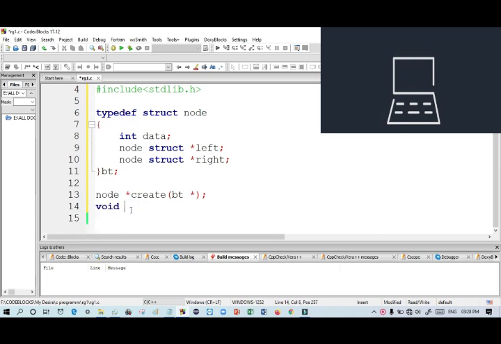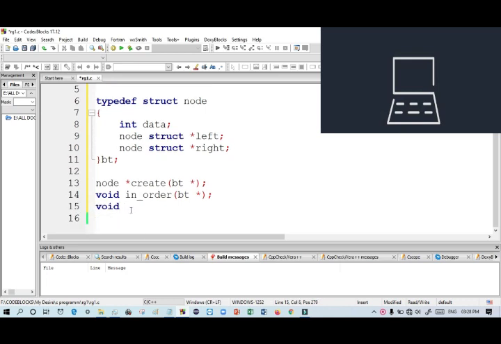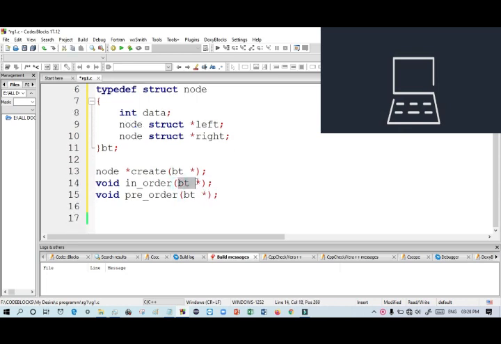So void inorder, void preorder, and we have to remember that we have to pass the parameter BT with an asterisk because we have to pass the address. If we do not use a pointer, we cannot update it every time, so we have to notice it very carefully.